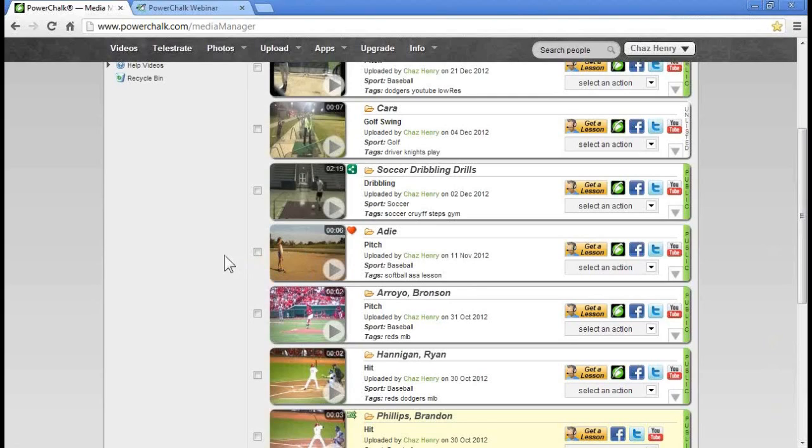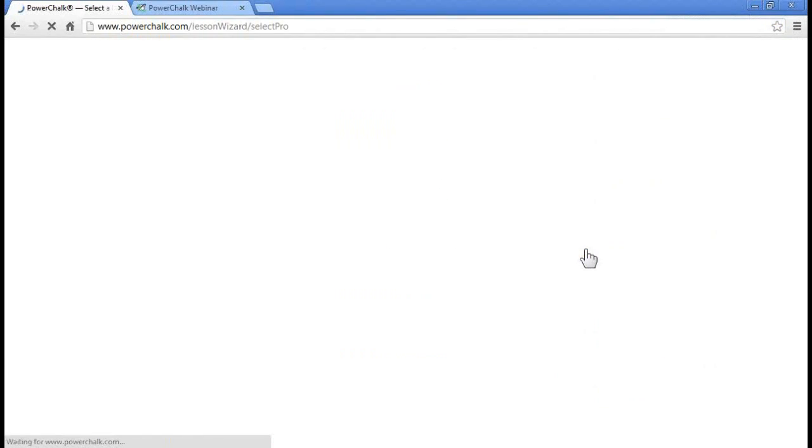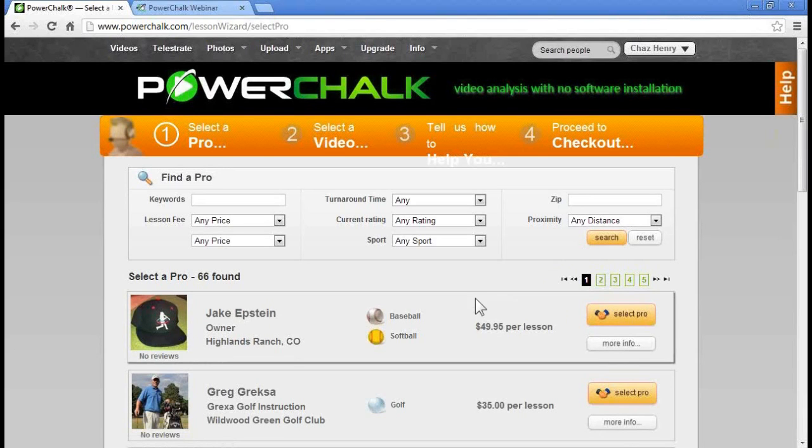In the case of your athletes, it's going to be a much more consistent list. So in this case, it would probably be their own pitches and swings. But you'll notice next to every video that's just a raw video clip, this one's a 6-second clip of Addy pitching, there's a Get a Lesson button. So all I need to do, if I'm Addy's parents, is click Get a Lesson, and it's going to take me straight to